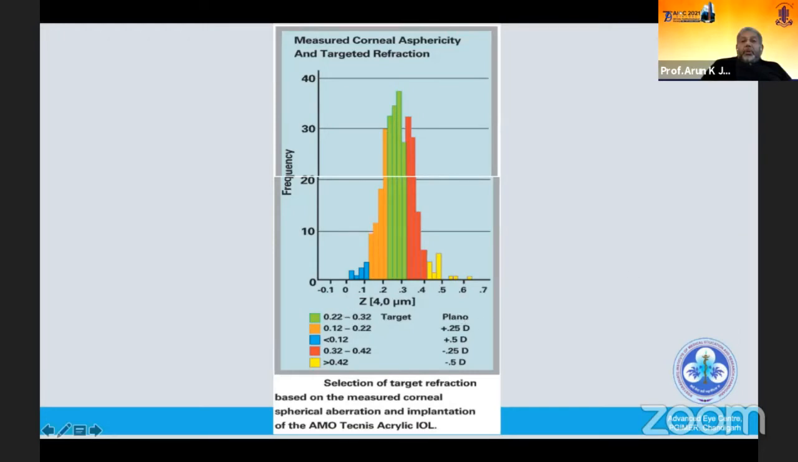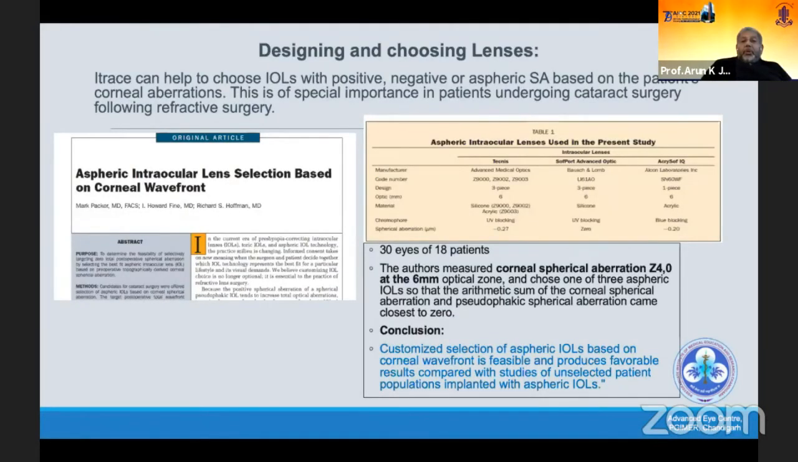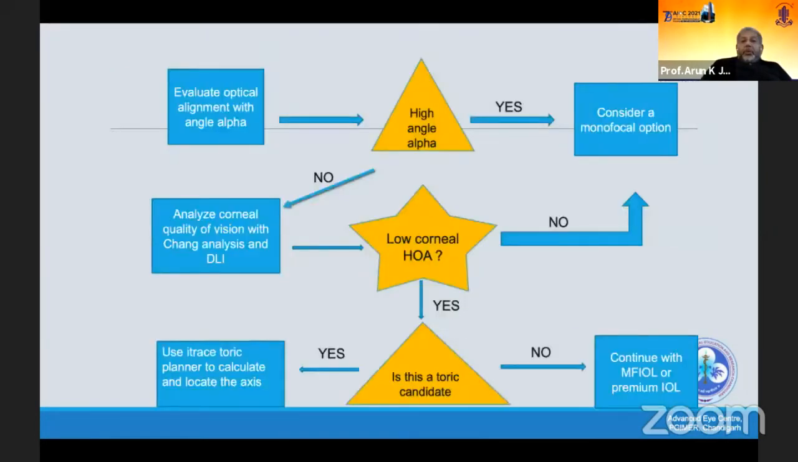And various studies have shown that customized selection of aspheric IOL based on corneal wavefront is feasible and produces favorable results compared with studies of unselected patient population implanted with aspheric IOL. This slide has already been projected by Dr. Chintan, but here I will add one simple thing. If there is a large angle alpha, we should also avoid an aspheric IOL. Either we should use an aspheric neutral or a non-aspheric IOL, because decentration of aspheric IOL also leads to a lot